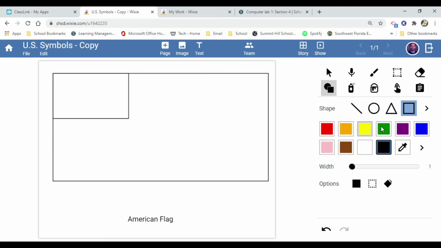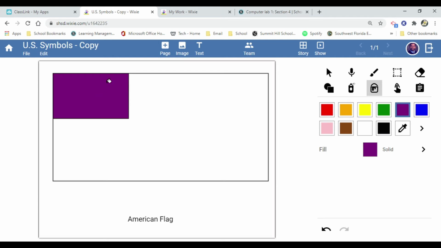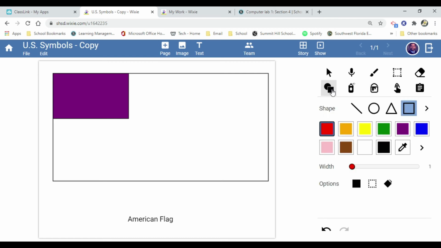Now the American flag has a blue background here with white stars, and then red and white stripes. So I'm going to go ahead and look at my tools here, and I see that I have a paint bucket. I'm going to click on the paint bucket, find my blue, and fill in that center there. And then I'm going to find my red. Nope, I gotta go back to my shapes first. And then I'm going to find my shape for my line. I'm going to draw my lines